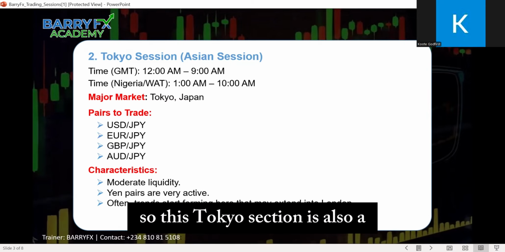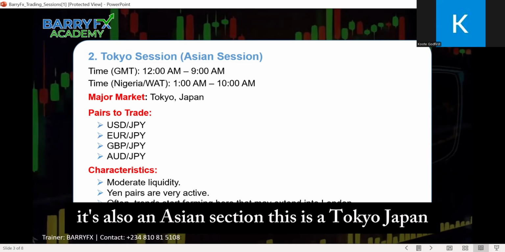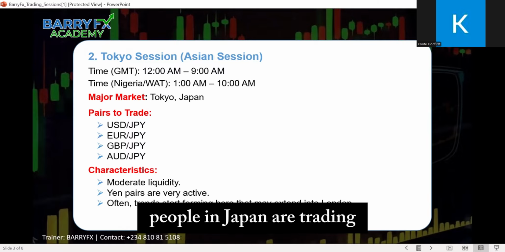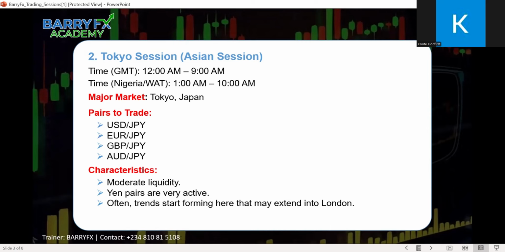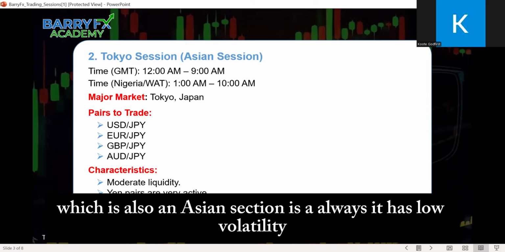So this Tokyo section is also an Asian section, still the middle of the night. It is also an Asian section. This is Tokyo, Japan. This is majorly when people in Japan are trading, doing other stuff like that. And also this section, which is also an Asian section,